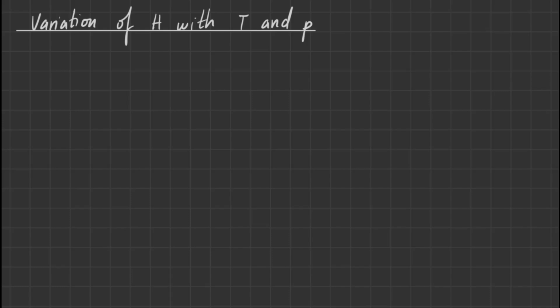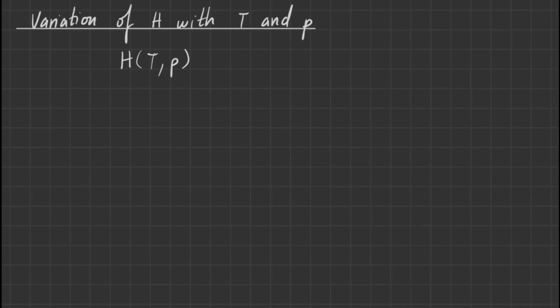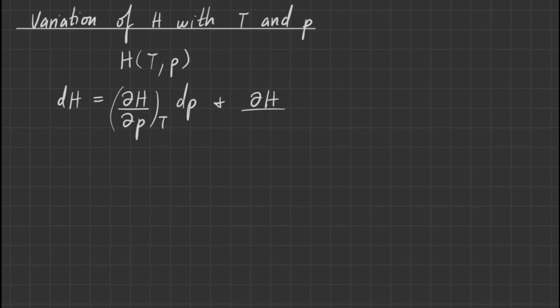So here is the derivation for the variation of enthalpy with temperature and pressure. Essentially, we want to come up with a formula where H is dependent on the variables T and P. What we can derive from that is that the infinitesimal change of enthalpy is equal to the partial derivative of H with respect to P, at constant T, dP,